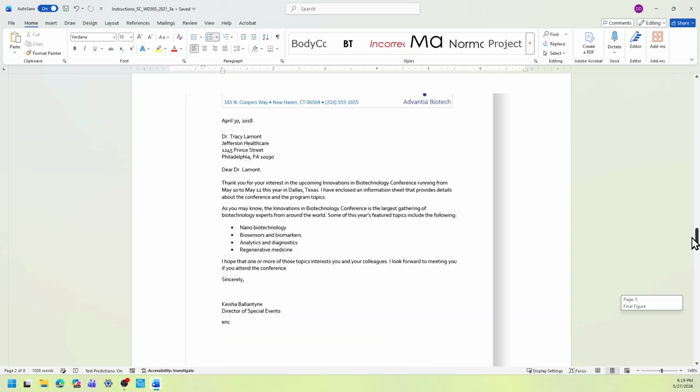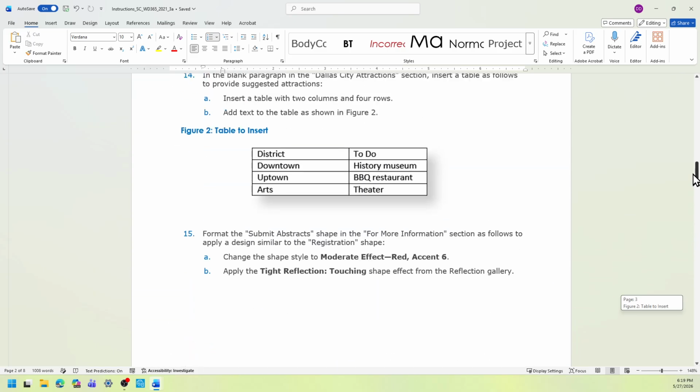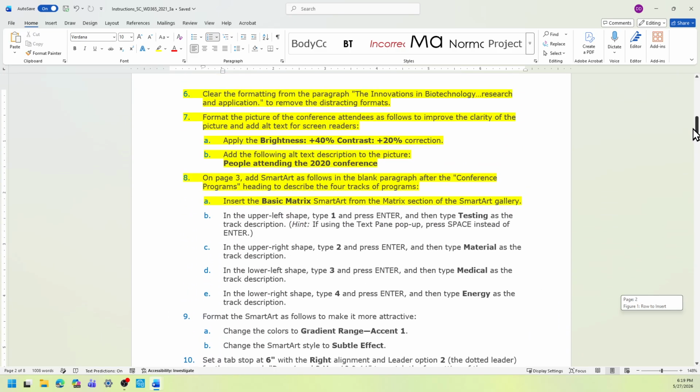We just need to type in the upper left shape, 1, press enter, and then type testing. And then the upper right shape, type 2, and then press enter, and then type material.